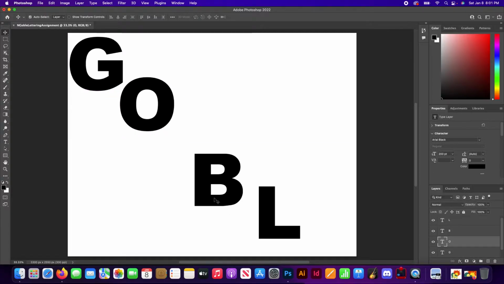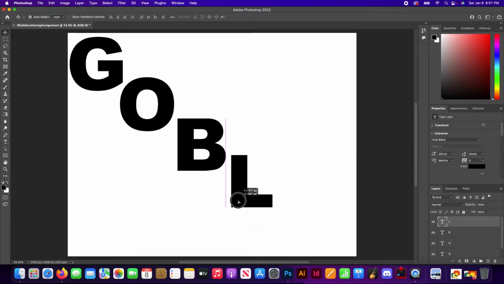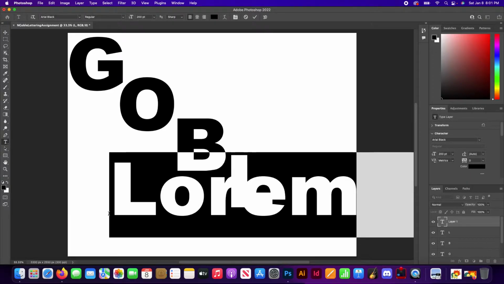Now if I use my move tool, I should be able to line that up and get a little bit more space so I can actually have my E. And then I'll have a little more working space to be able to move around again, right? So again, use my text tool, uppercase E,